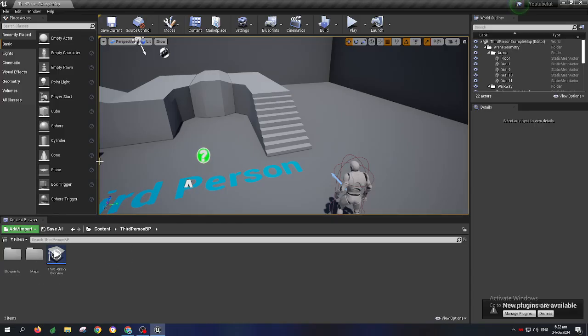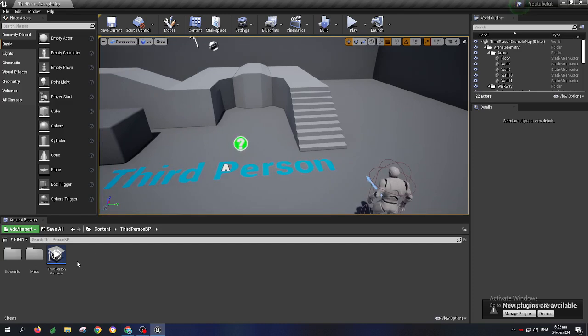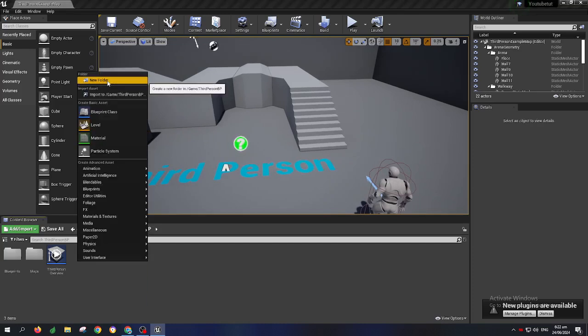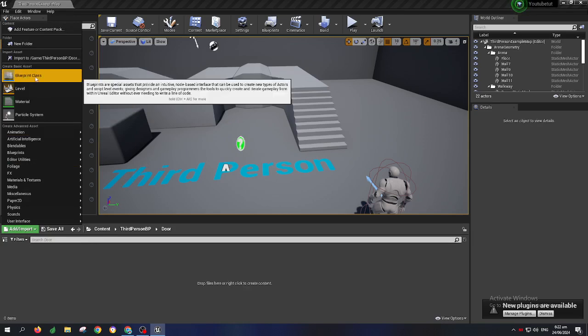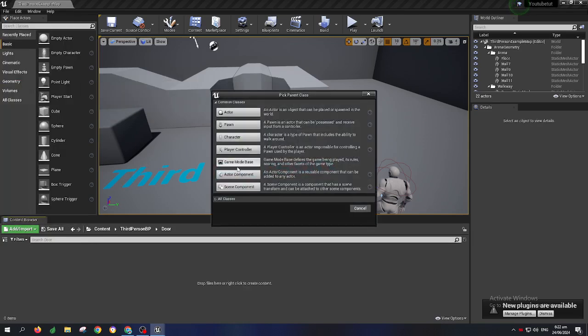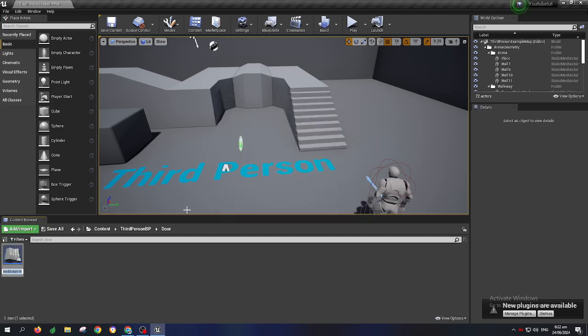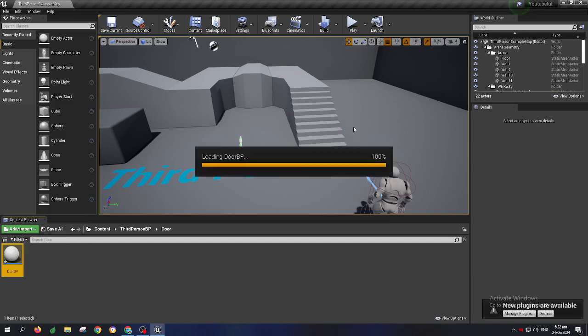So the first thing you want to do is create a door blueprint. I'm just gonna create a folder for it just to organize it a bit, and I'm gonna create a new blueprint class, actor. I'm gonna call this door BP blueprint. We open it up